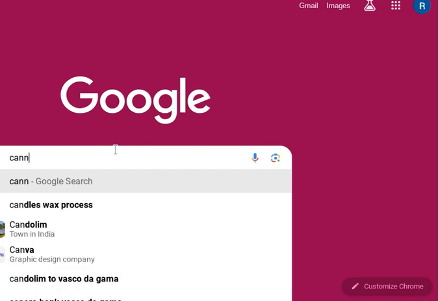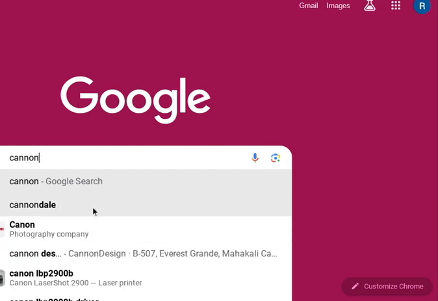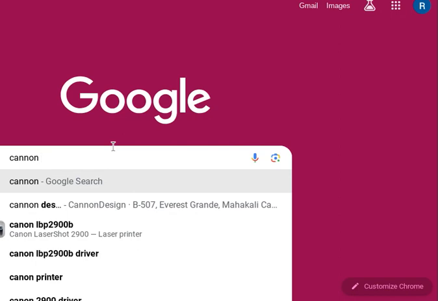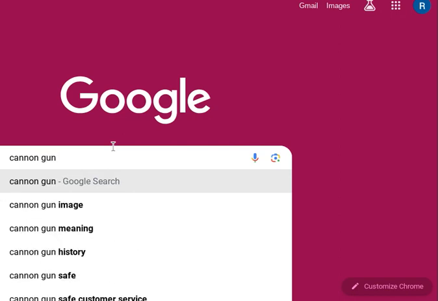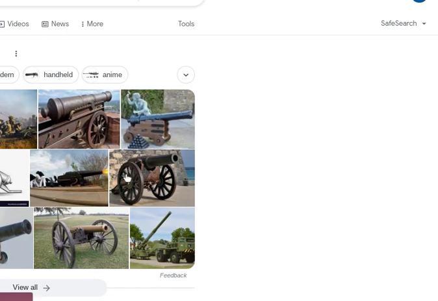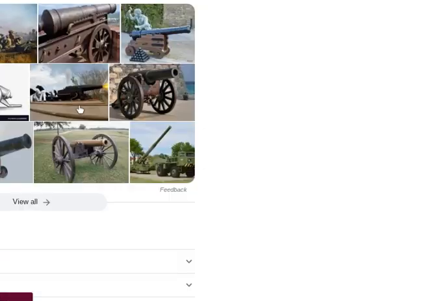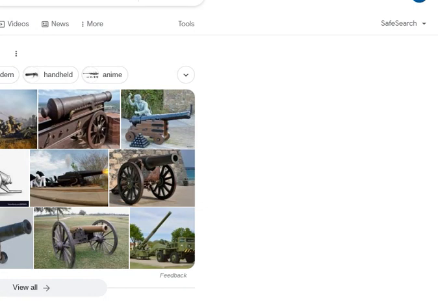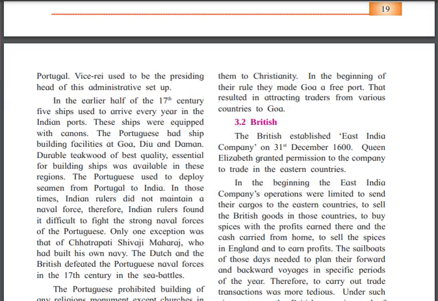a top in Hindi we can say. So these are the cannons, you can see. It is a top. Clear? These are the cannons, we can say. So the ships are coming, and they have cannons on board, because they want to protect themselves, right? If any problem comes during the travel from Portugal to India, they will fight. Okay,